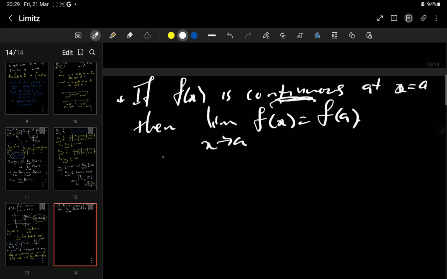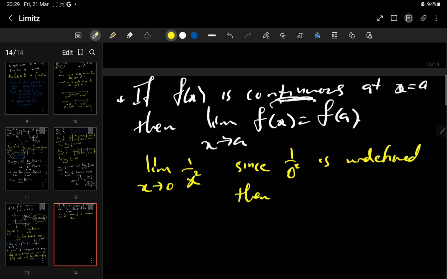For example, we have seen the limit as x tends to 0 of 1 over x. When you substitute x equals 0 here, it is undefined. Since 1 over 0 squared is undefined,